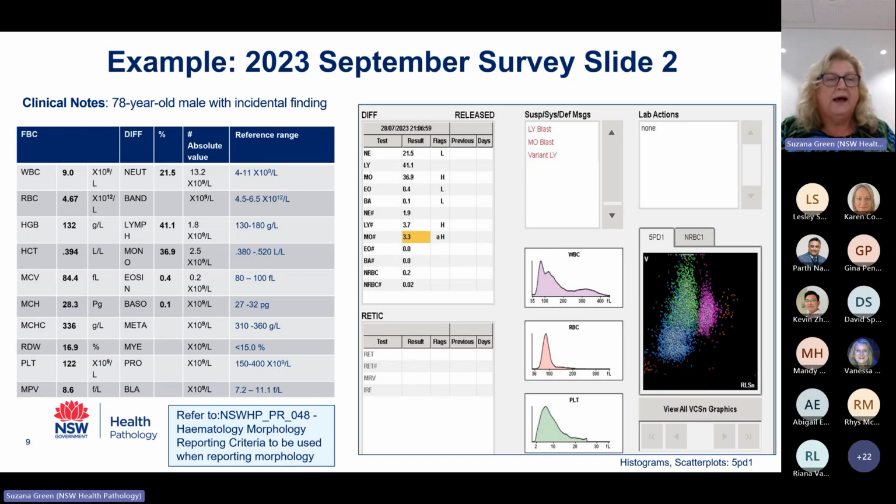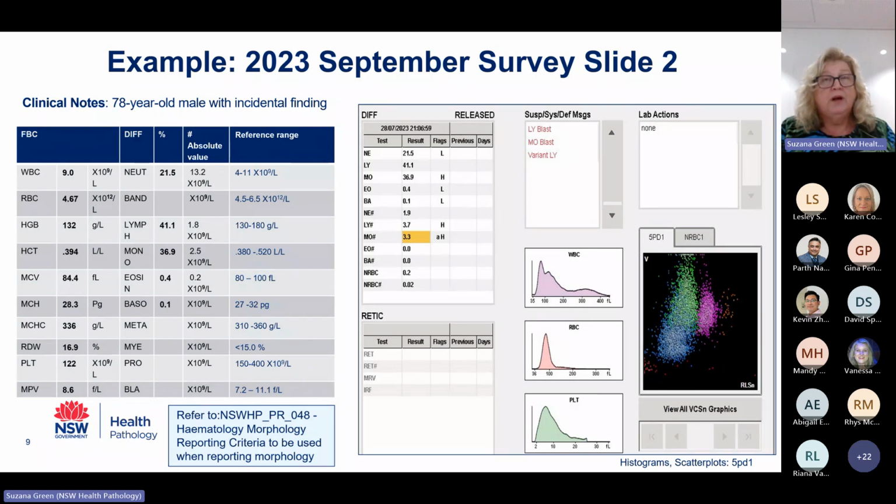And then came the clinical part, which was the actual case study. In this particular one, they'd receive clinical notes of a 78-year-old male with an incidental finding. Then they had the full blood count given to them. And then they also received a scatter plot with the full blood count, again, the actual flags that popped up for that case study,